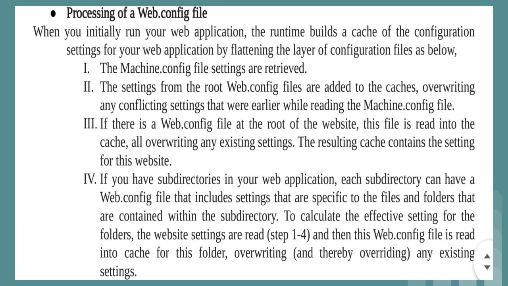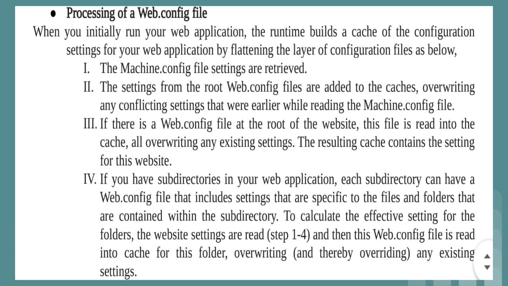So in that situation, if we have written such type of code in the web.config file, then the web.config file is considered as a root file, and even though we have run a single web page, still first the settings which we have written inside the web.config file will be stored inside the output cache, and then the web pages which are present in the website will get compiled. So this is the meaning of this file. If the web.config file is at the root of the website, then this file is read into the cache first, and the resulting cache contains the setting for the website.